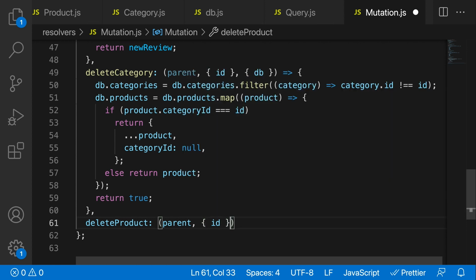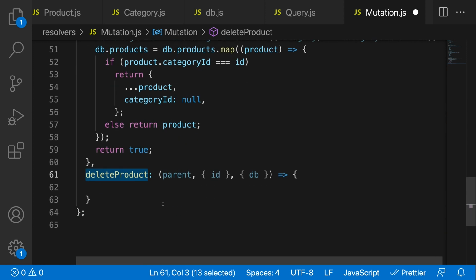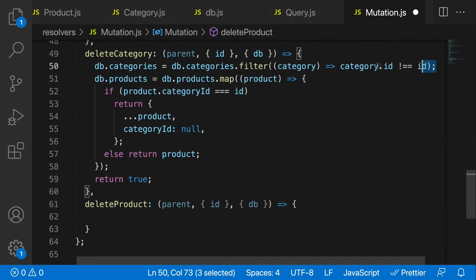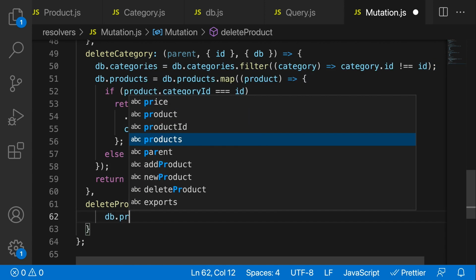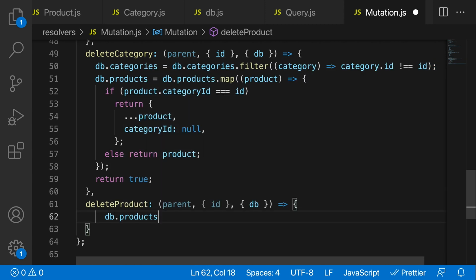And we're gonna get the ID from the args. And then what we want to do is, of course, get our database from the context. Okay, cool. So over here, we have delete product. So let's go ahead and do something very similar to what we have done here. So we're gonna do db.products, and then that's going to be equal to